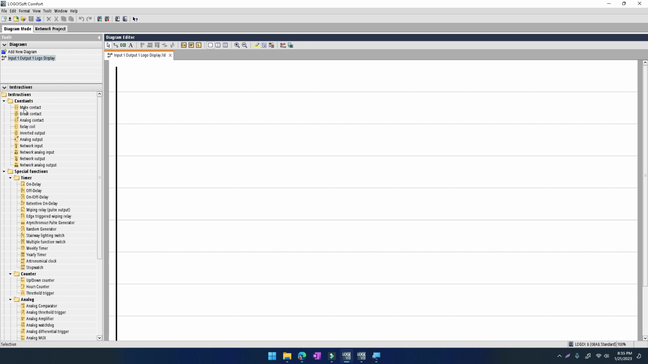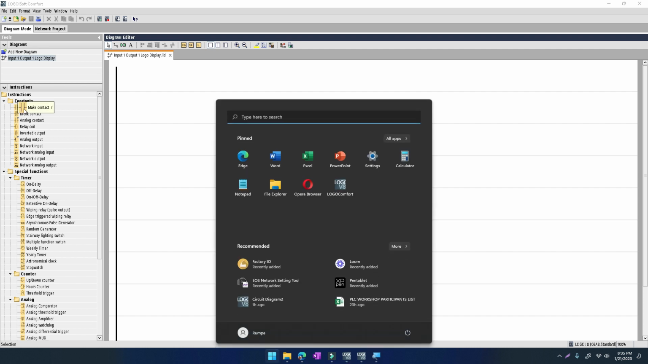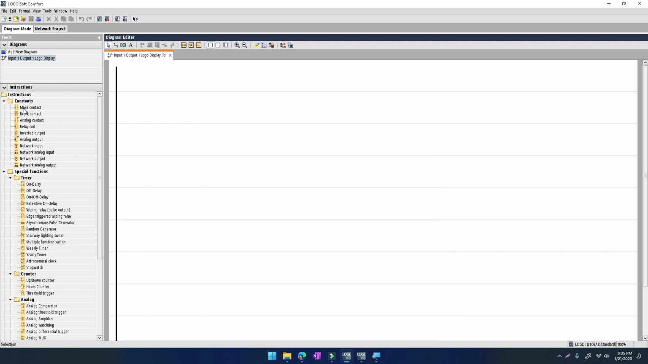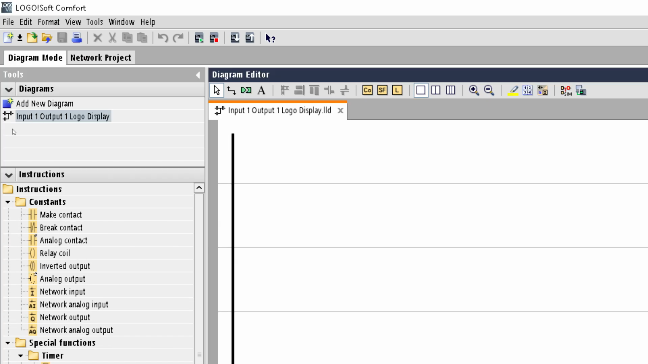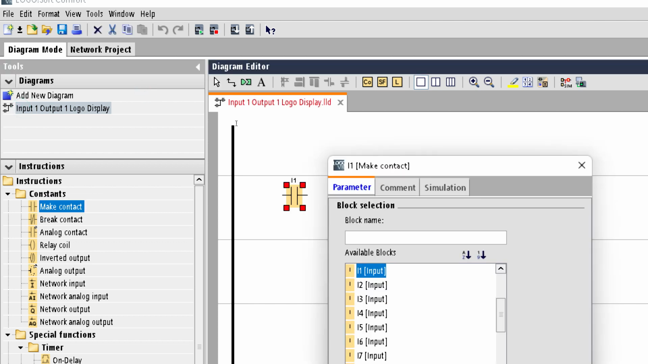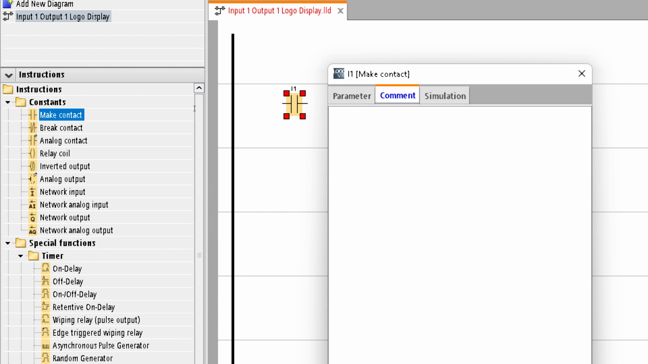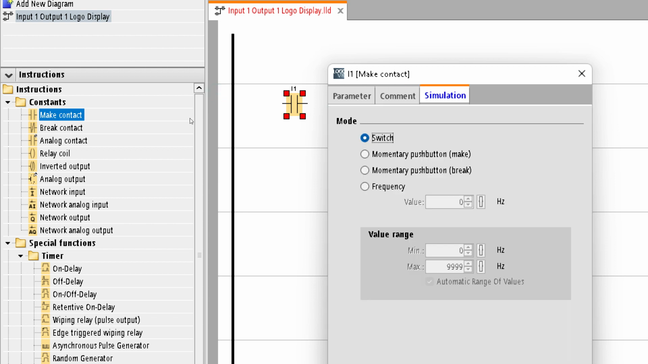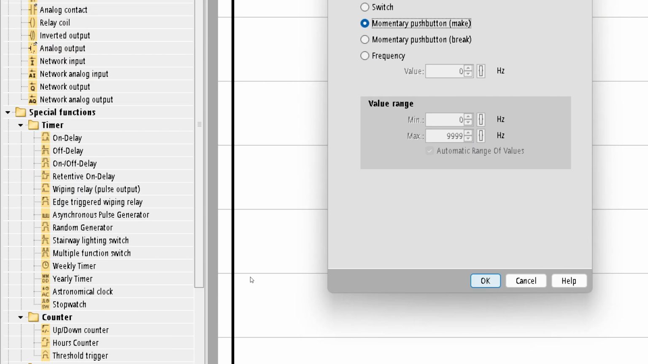Now from the left side, from the instructions tab, we can choose many contents we want. We'll take the first, make contact. We'll give it a name from the comment tab, that is start switch. We can use that as switch or momentary push button. Let's give it a momentary push button option. Okay,